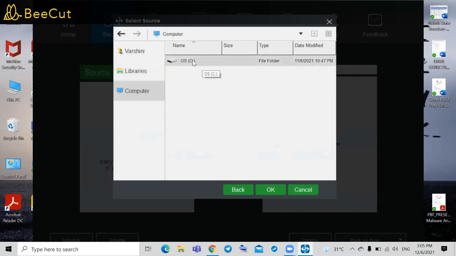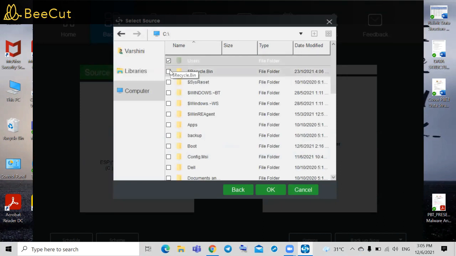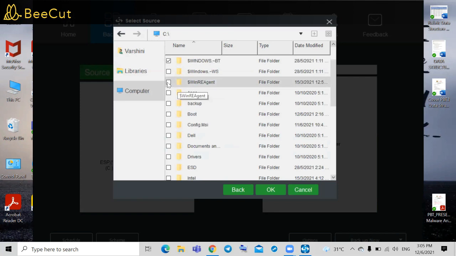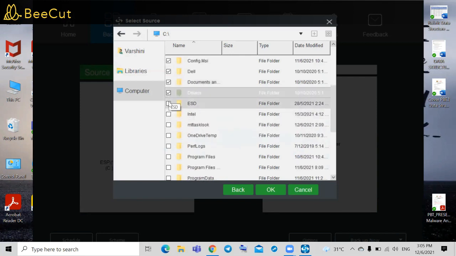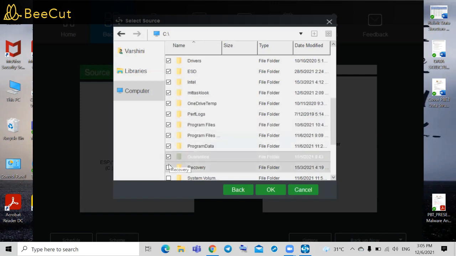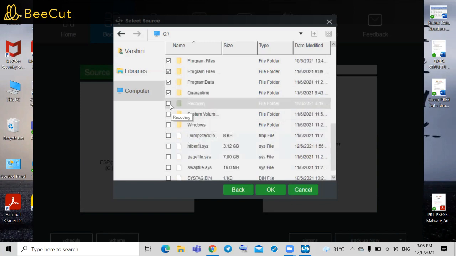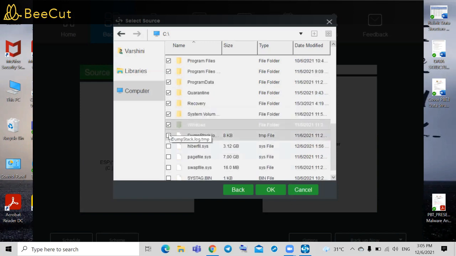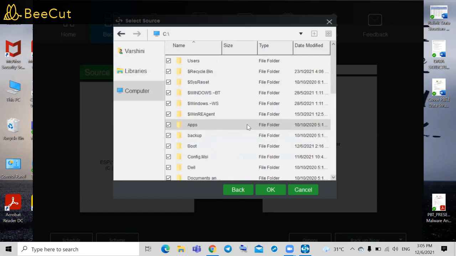Now I'm going to back up my C drive, so I'm going to select everything. Okay, I've selected all, and then click Next.